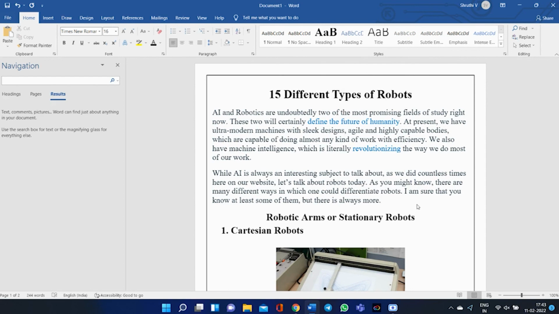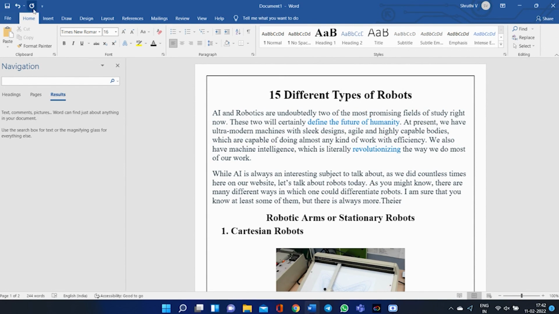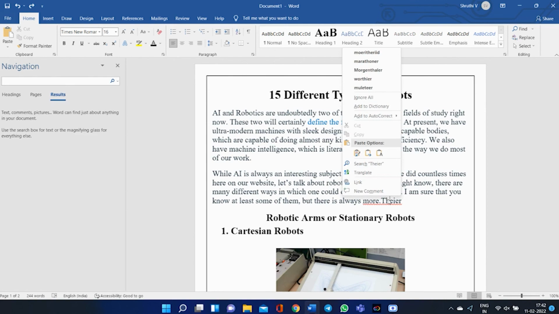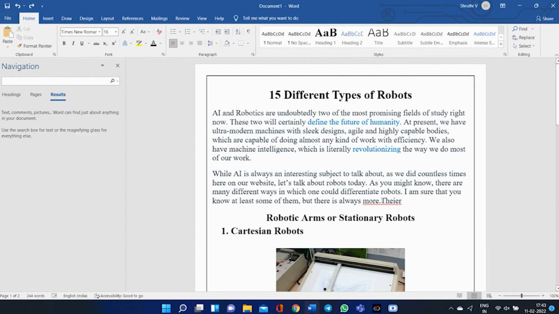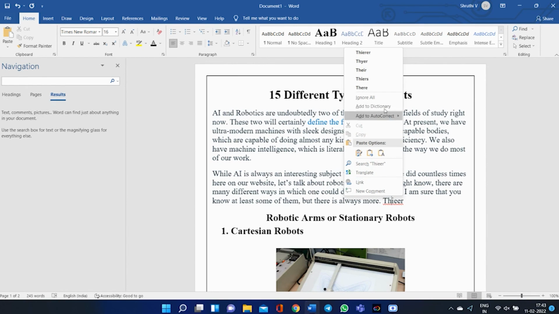And if you want to correct it, then you can right click. Here we have the autocorrect.